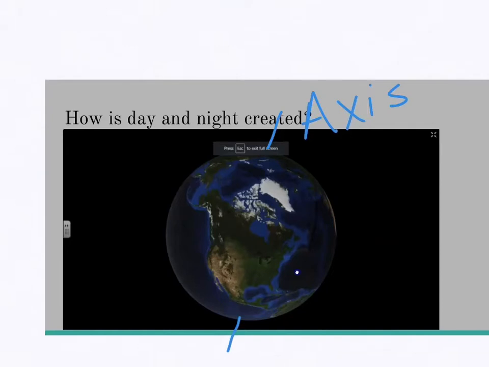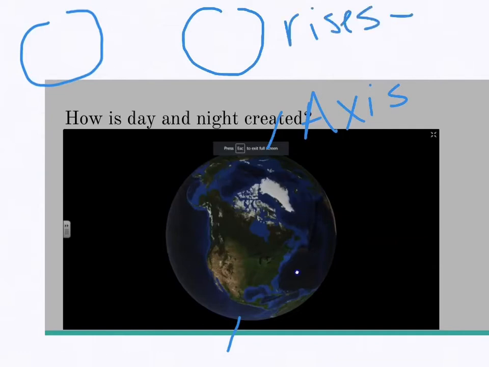We know that the Earth spins on its axis because we obviously have days and nights. Now the Earth rotates in a counterclockwise rotation, meaning that like a normal clock that rotates from right to left, we are actually rotating from left to right, the opposite direction that a clock moves. So because the Earth rotates in this way, what direction does the sun rise? Good, you should have answered that it rises in the east and it sets